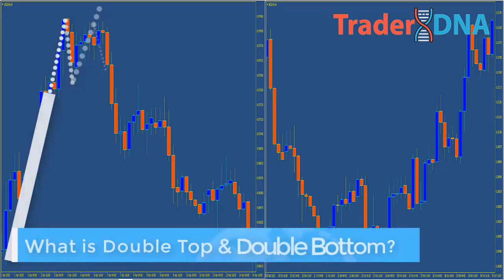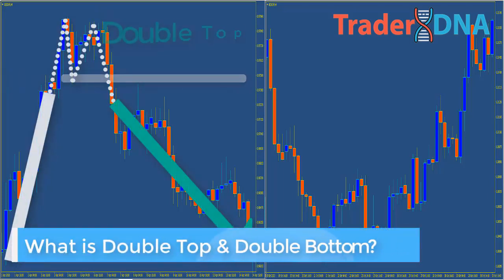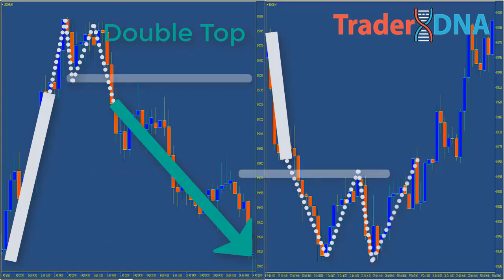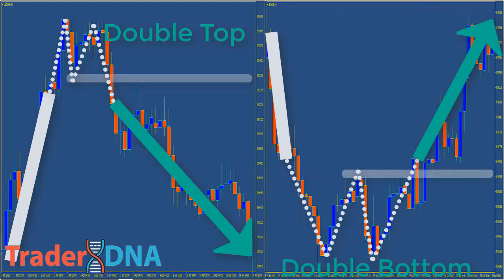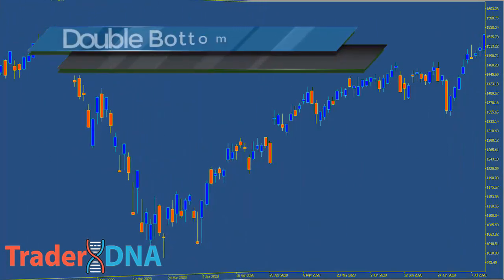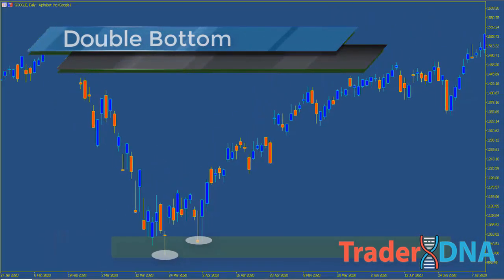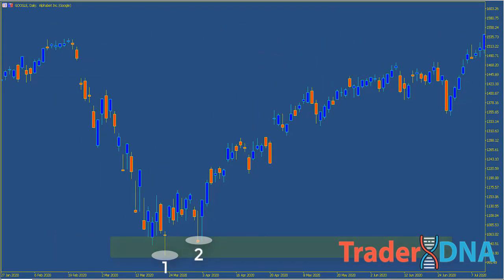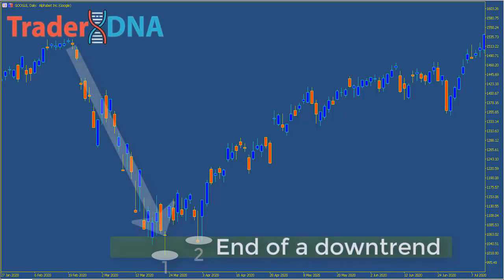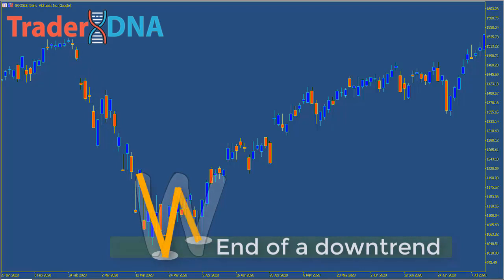And now, what is double top and double bottom? The double bottom and double top patterns are powerful technical tools used by traders in major financial markets including stock and forex. The double bottom pattern entails two low points forming near a similar horizontal price level and signifies a potential bullish reversal signal. A measured strengthening in price will occur between the two low points, showing some support at the price lows. The double bottom chart pattern is found at the end of a downtrend and resembles the letter W. Price falls to a new low and then rallies slightly higher before returning to the new low. Unable to push price to a new lower low to continue the downtrend, sellers give up and price bounces sharply